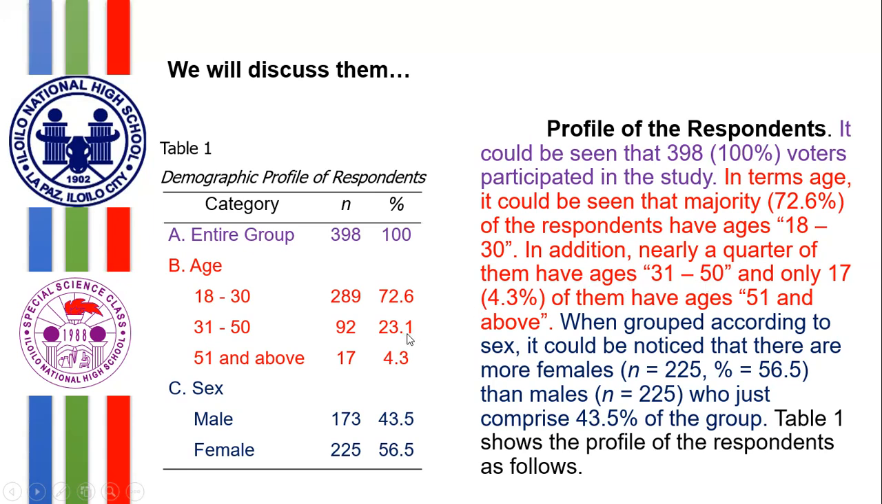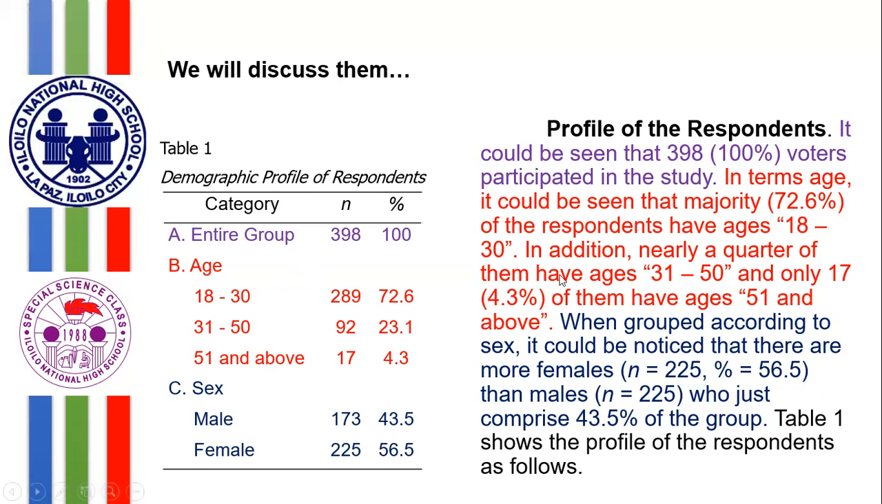And you could say 23.1, no? Although the term "near" is kind of vague, I hope you understand the point. It's not perfect, because when we say a quarter, that's 25%. It's not 25%, but somehow 23.1 is near 25. That's why, in addition, nearly a quarter of them have ages 31 to 50, and only 17, which corresponds to 4.3% of them, have ages 51 and above. Note that for age, if you could do this in one sentence, go ahead. If you need 2 sentences, go ahead. If you need 3 sentences, no problem with me, as long as you provide other information instead of repeating everything